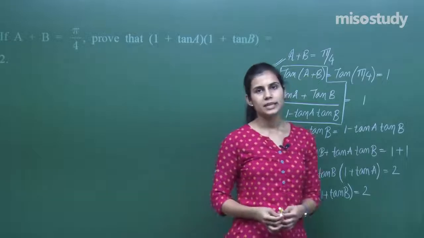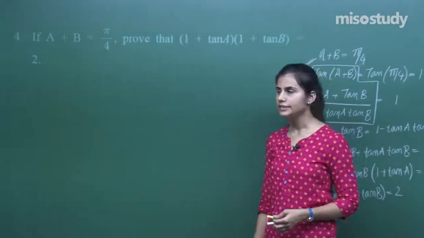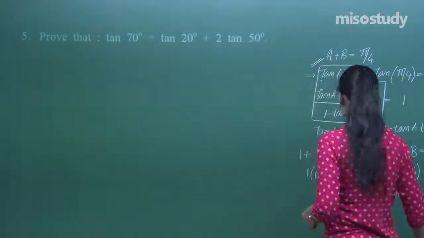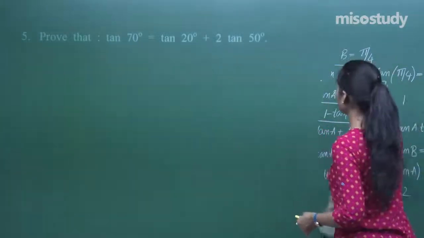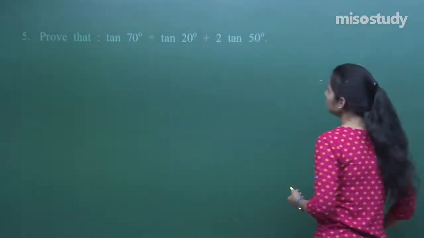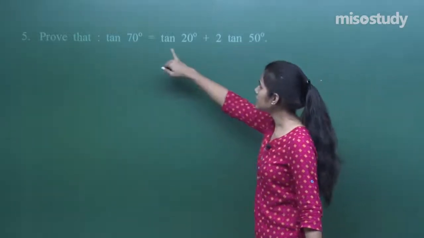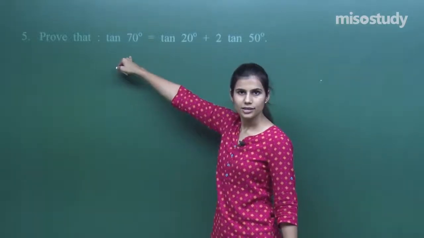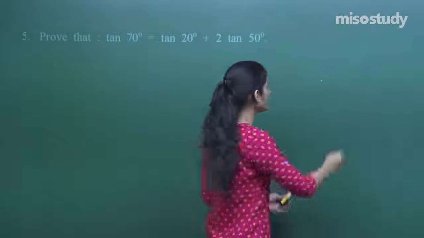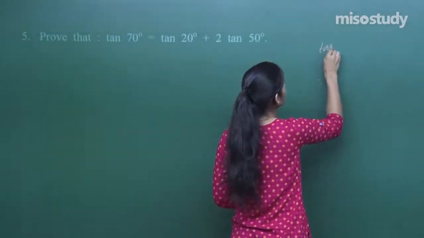Tan of a plus b is tan a plus tan b upon 1 minus tan a tan b. Moving to the next question, we have prove that tan 70 is equal to tan 20 plus 2 tan 50. How can you obtain this? In here, just try to understand 50 is 70 minus 20. So somehow tan of a minus b is being given relevance over here. If I talk about tan of a minus b,